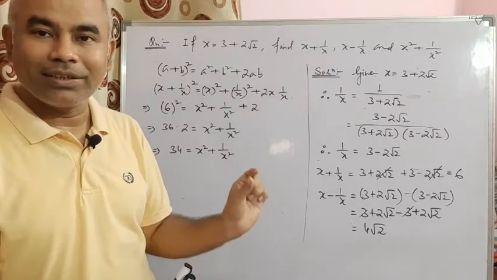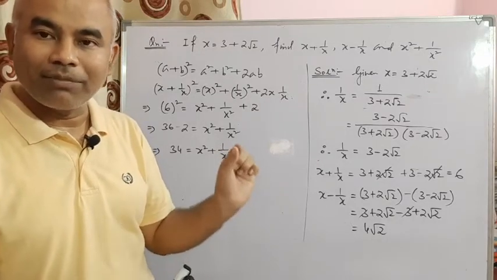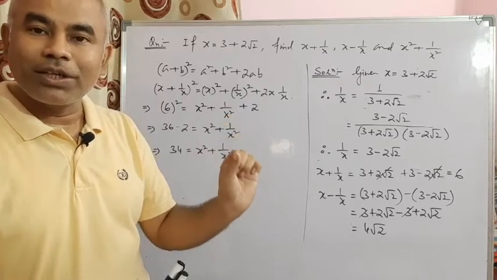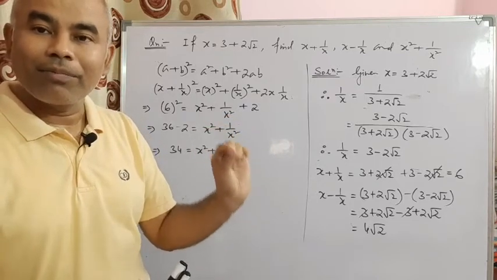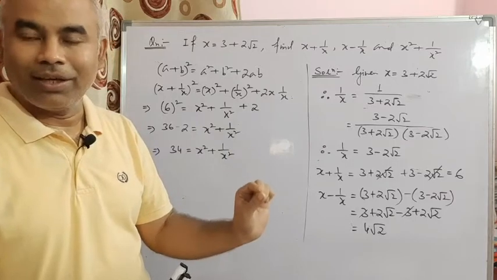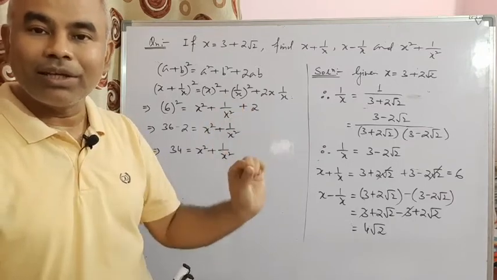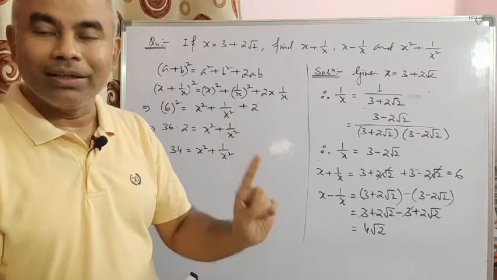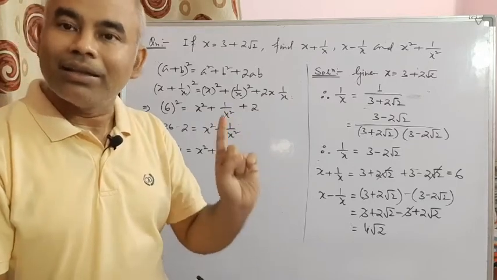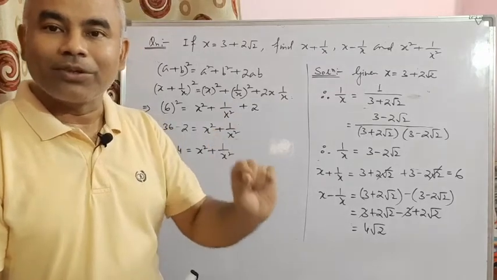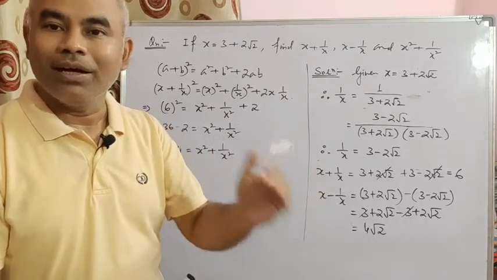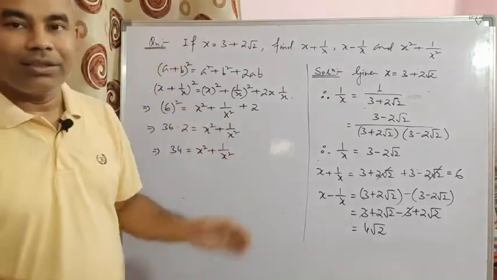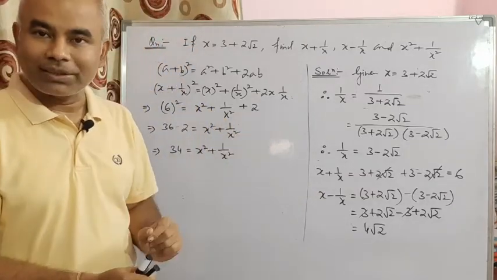So the basic thing is that just you remember that in given value of x, it is square root of two consecutive natural numbers connected by plus or minus sign. Okay, and secondly, when you calculate 1 by x, first thing to be done is rationalize the denominator before going to the next steps of the question. Okay, so I think you understand this question.